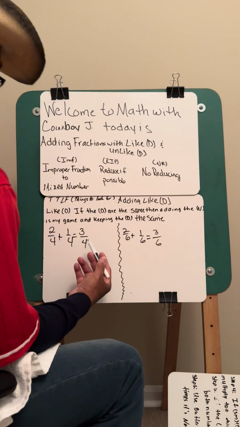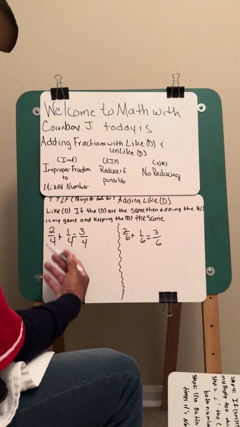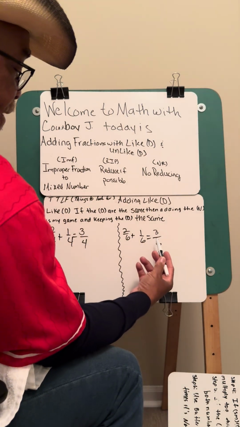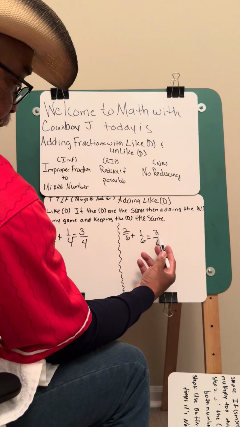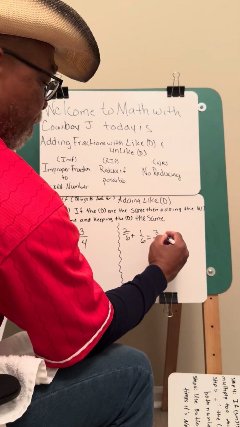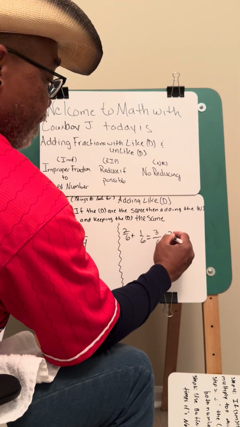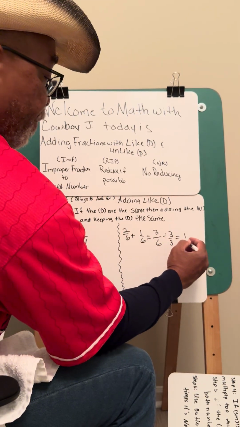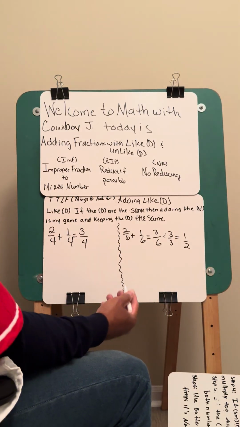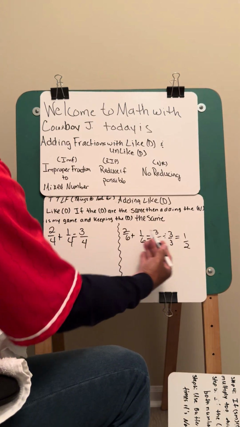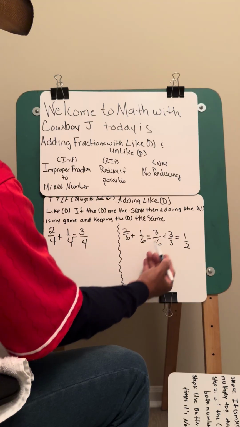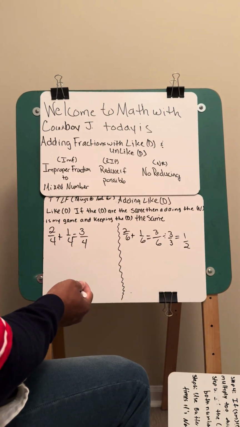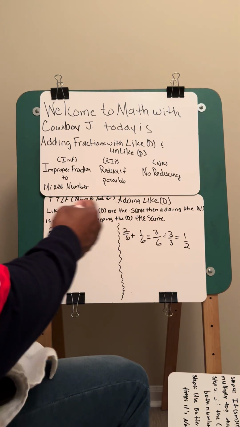If you want to know when you can start reducing fractions, go to my YouTube video on when to start reducing fractions. Over here, we have 3/6. 3 is a prime number, and it's a factor of 6. So if the number is prime and a factor, then you use that number. 3 divided by 3 is 1. 6 divided by 3 is 2. Again, it all depends on where you are in your math. Some lower grades stop right here, but in the higher grades, the fraction has to be reduced if possible. And that's what we have for